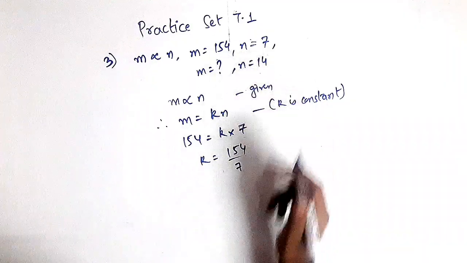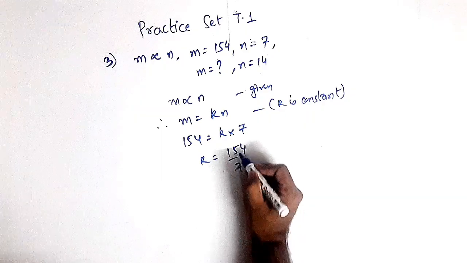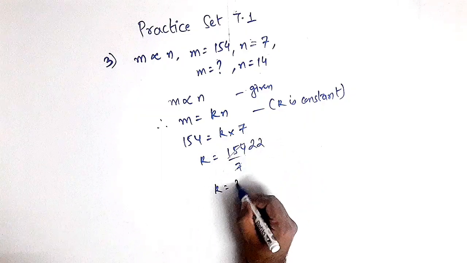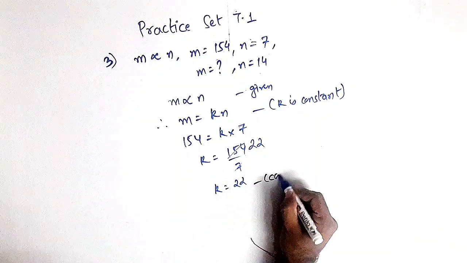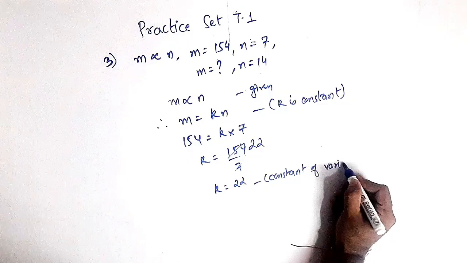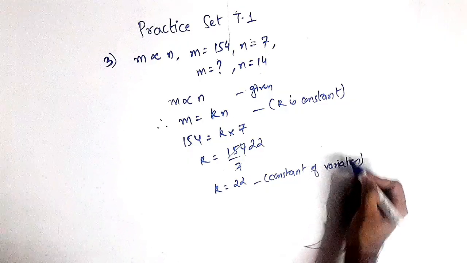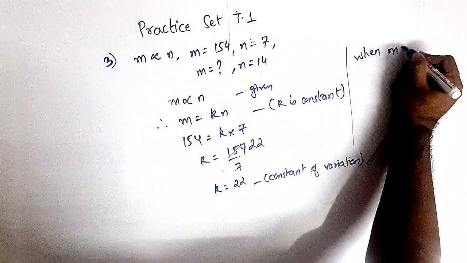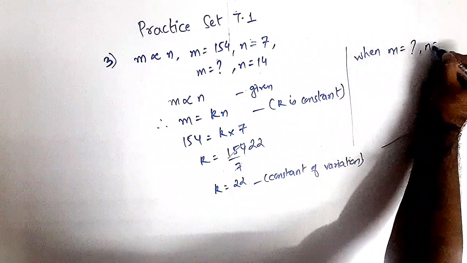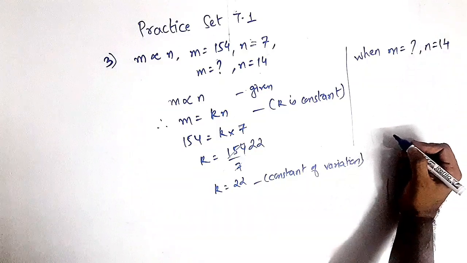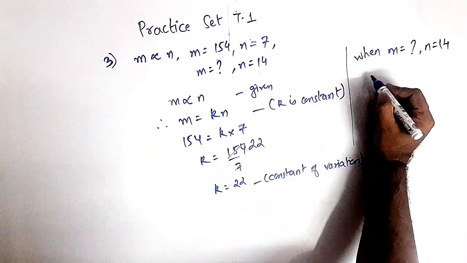14 we have in the next one. So 7 ones are 7, 22s are 154. Okay, k we got 22. You can write here constant of variation. Okay, now you have when m equals to question mark, n is equal to 14. So at that time what you have to do is,